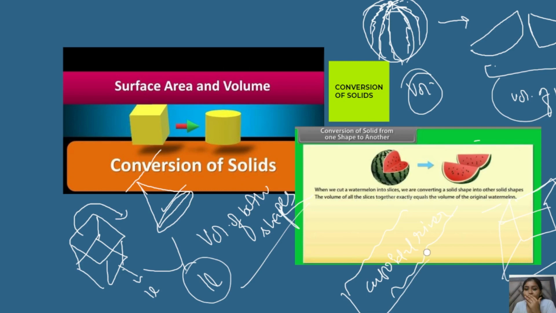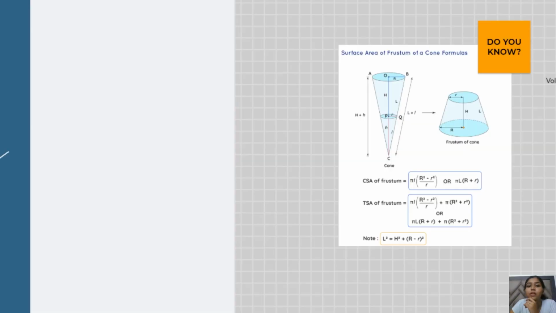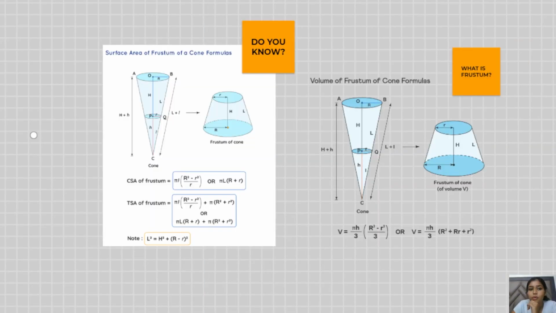So when you transfer this river into this brim, since it is full, it means that the volume of both the shapes is the same, irrespective of whether it is a cuboidal river or a cubical tank. Since it contains a similar amount of water, we can say that the volume will remain the same. I hope that's clear to you.